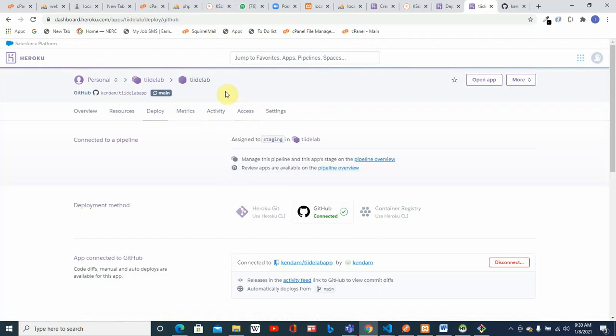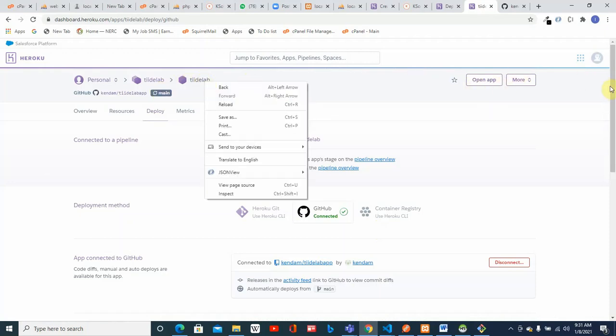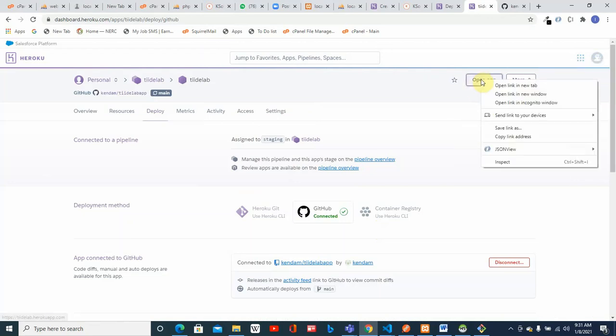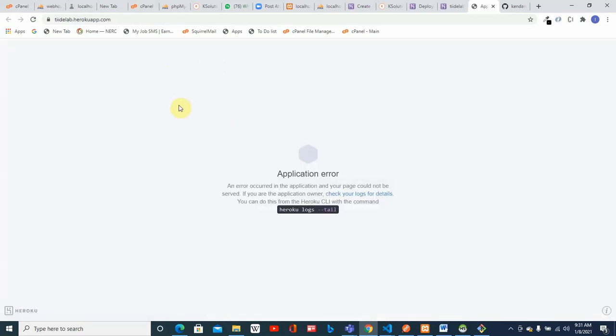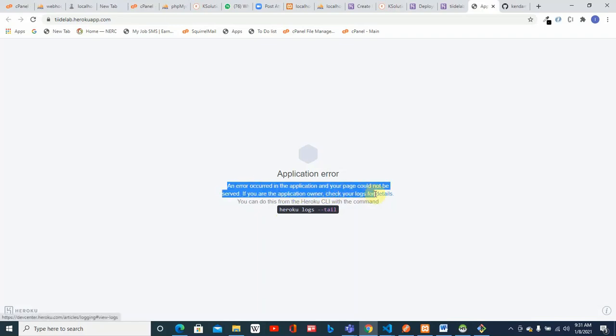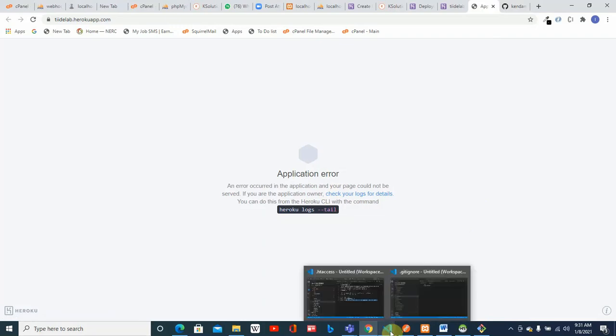So let's say you go back, you can open the app. Where is it? You can see it here. So you can see application error, and of course it's going to run into an error. So when you see this, there's nothing to worry about. It means you're getting close to the promised land. So what we've just done is to create an environment, and we've pushed our code there. Now the next thing we want to do is to get things to work in our code. All right, so let's